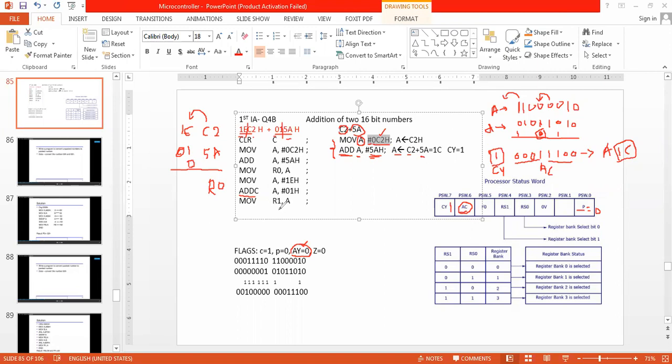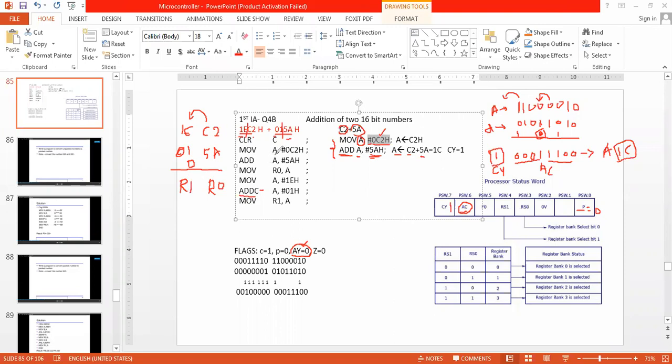If it is 1, then 1 is going to be added with 1E plus 0, 1. If the carry bit is 0, then 1E plus 0, 1 plus 0. This data I am going to store in the R1 register.